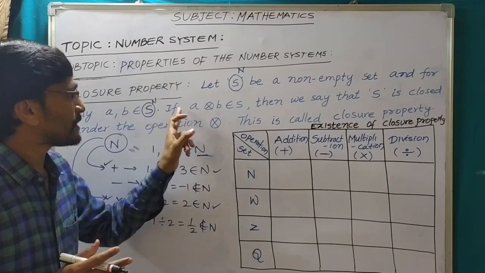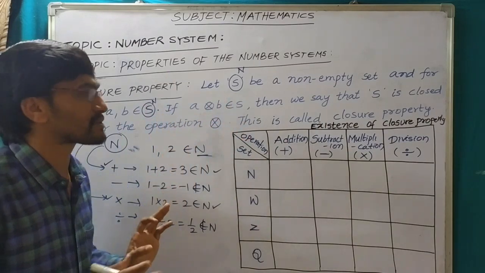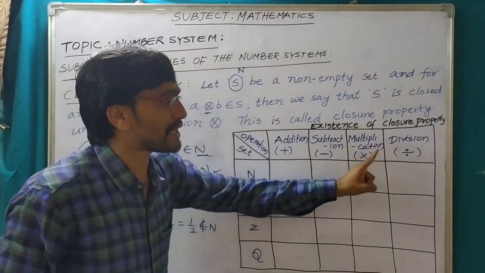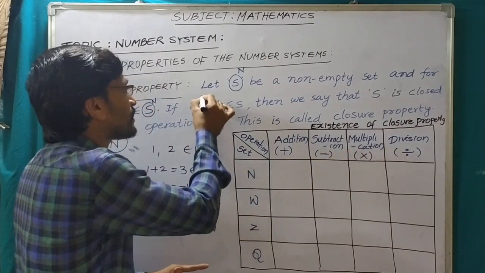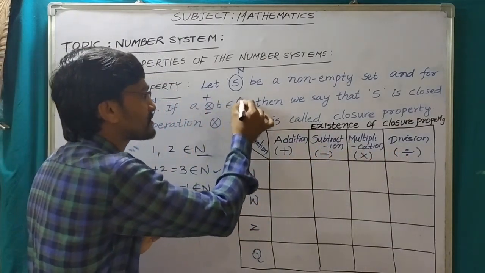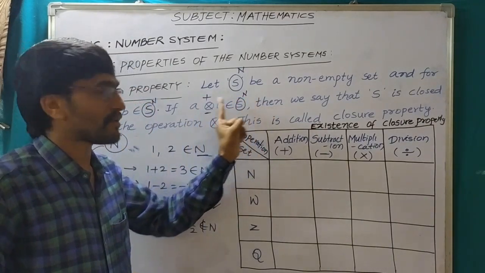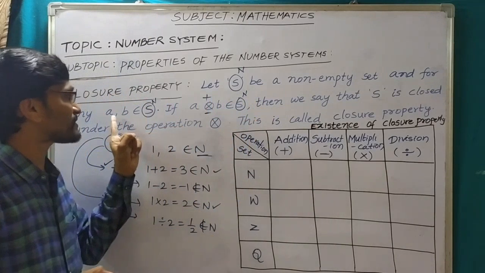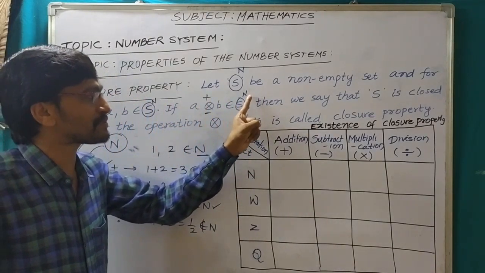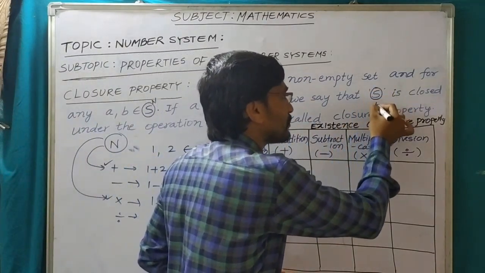If a binary operation on a, b belongs to S, here the binary operation is either addition, subtraction, multiplication or division. If we take addition here, the binary operation is addition and S is natural numbers. If a plus b belongs to N, here I consider two natural numbers a and b, and if a plus b belongs to natural numbers,